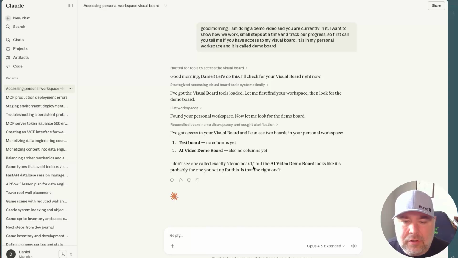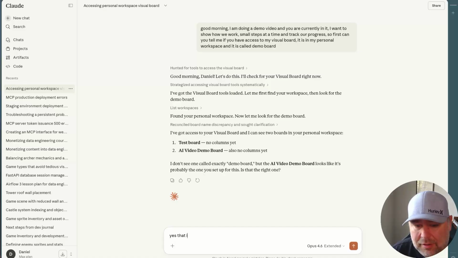So I don't see one exactly called demo board, but the AI video demo board looks like it's probably the one you set up. Is that one correct? And it is. So I'm going to go to the AI video demo board and I'm going to tell it: yes, that is correct. Can you make a few cards in small steps as if we were creating an API together